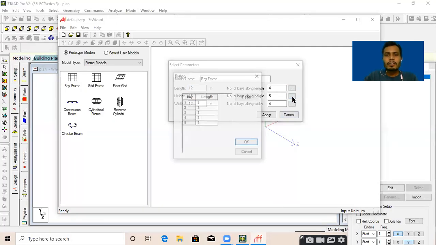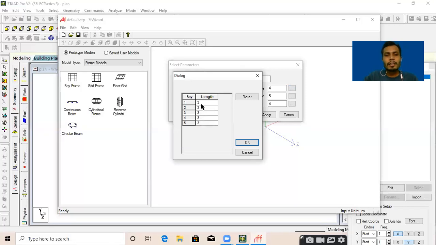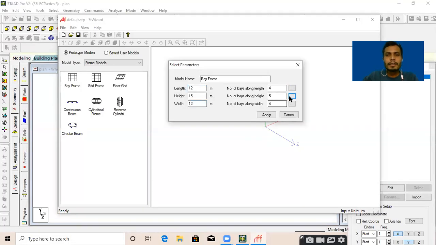Like that you can change the height. Like you want the ground floor height as 3.2, then first floor, second floor, third floor, all the heights, and the top floor you want 2.8, like that. So you can change the height, but it will be the sum of the total height.